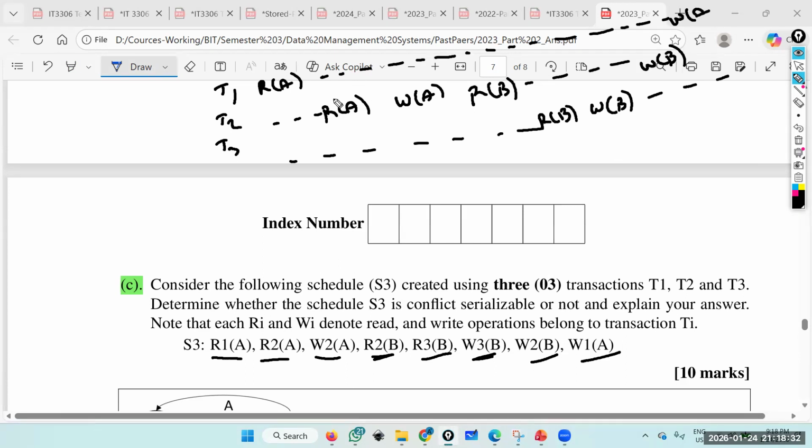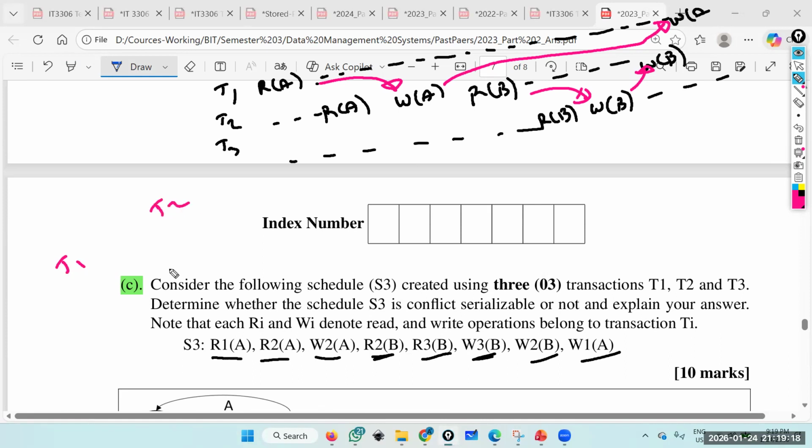This is read, no issue. This is the same transaction, but there's a read, write, okay? Read, issue. You write something, T1 reads. This is B, first time you read it. This is read, but this is read, okay, read. And this is write. And this is write A. A is not touched here. Write. Okay. Right. So therefore we have